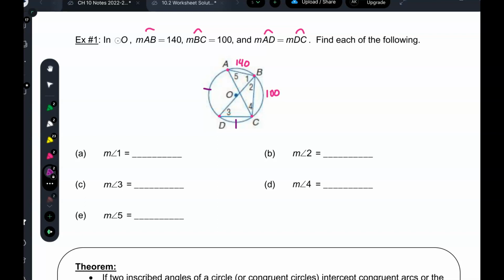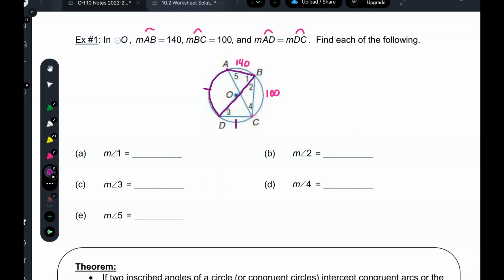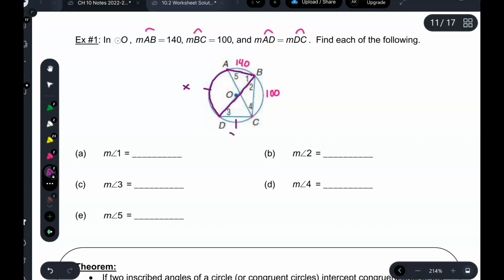Okay, so here's the key. Look at angle 1. It helps to trace over it. Angle 1 has what arc as its intercepted arc? It has arc AD. Now, I don't know what arc AD is, but I know these two arcs and I know these two are equal to each other. Could I figure out that arc length? Yeah. The whole thing has to add up to